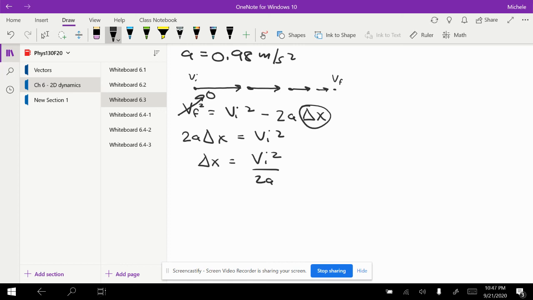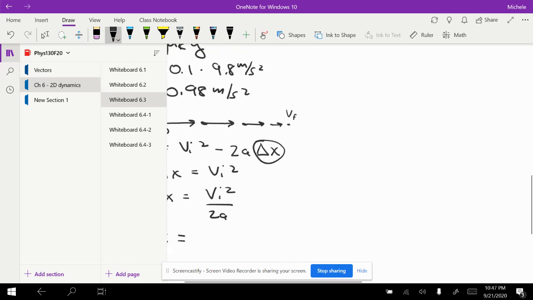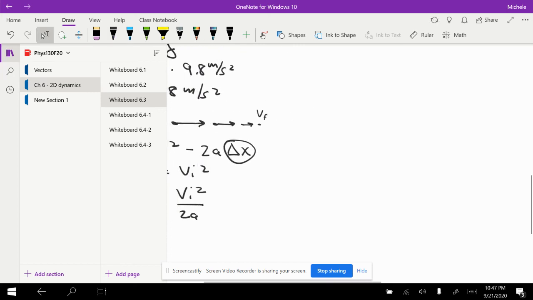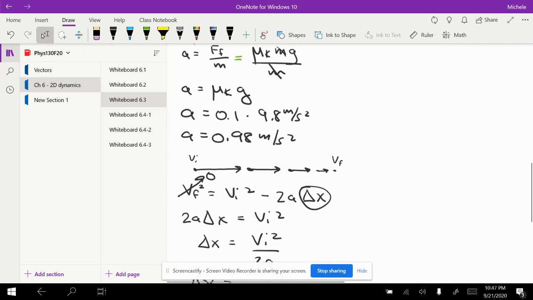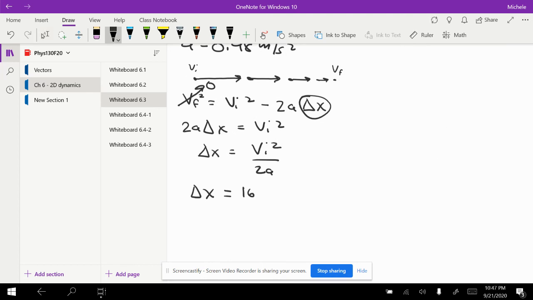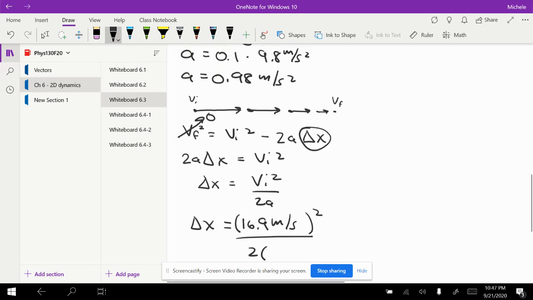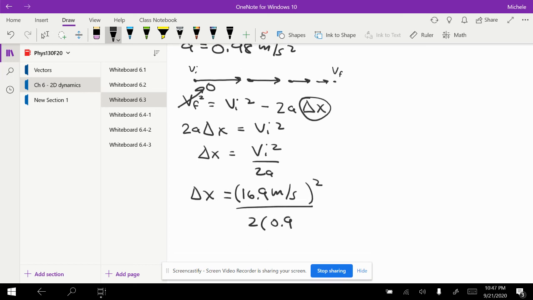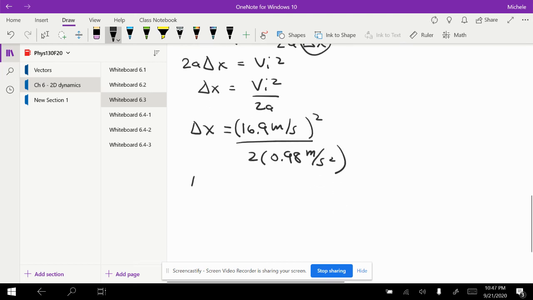And when I plug that in, I'm going to have delta x is equal to v i squared, and we figured it out over here, it was equal to 16.9. So 16.9 meters per second squared over 2 times, and our a was 0.98 meters per second squared. So our delta x then is equal to